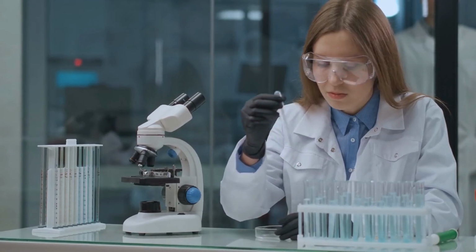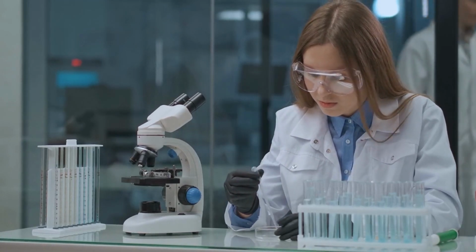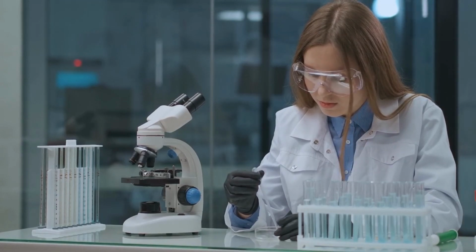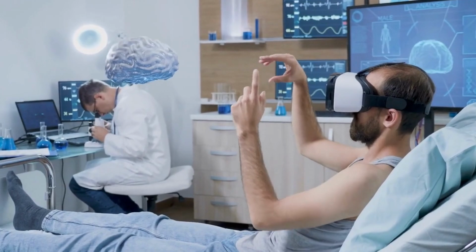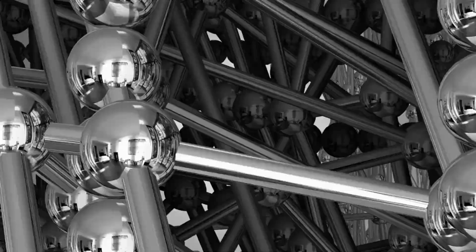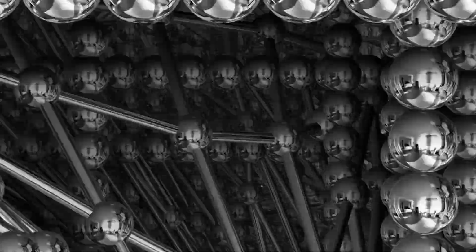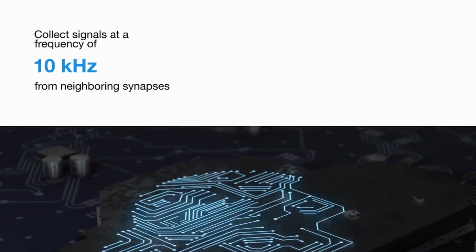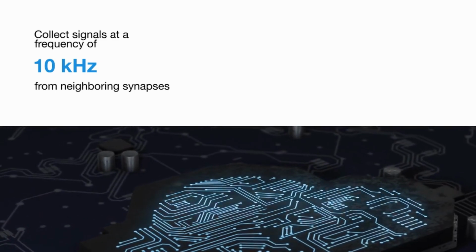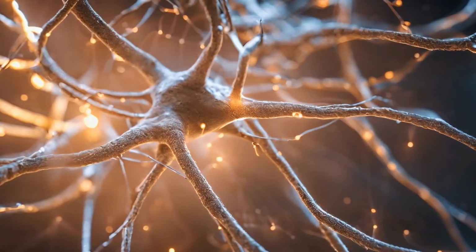Means of communication with the artificial brain. For the existence of an artificial brain, a device must be created that will perform the functions of sensory organs. For example, if it becomes necessary to replace a small part of the brain with an artificial one, then after recording the state of the connections of this part on the artificial brain, it is necessary to constantly collect signals from neighboring synapses that contacted the biological part at a frequency of 10 kHz